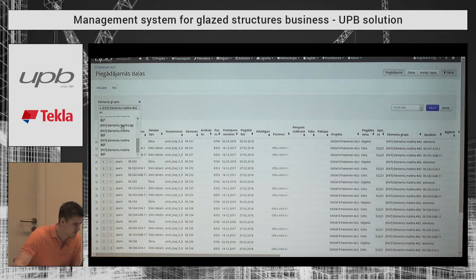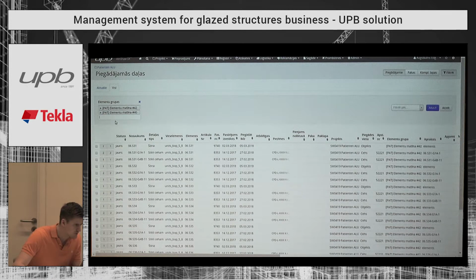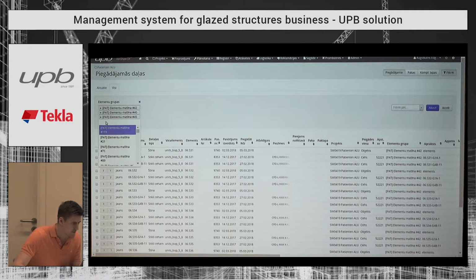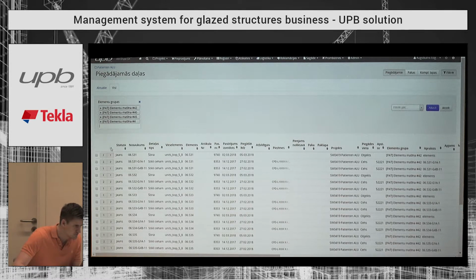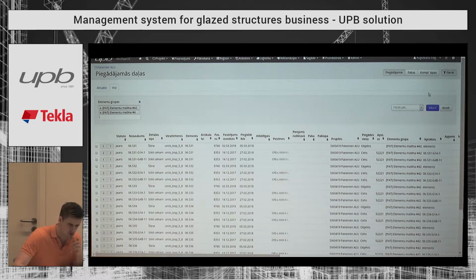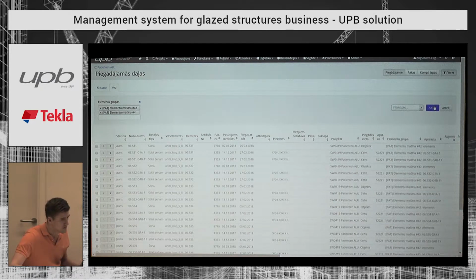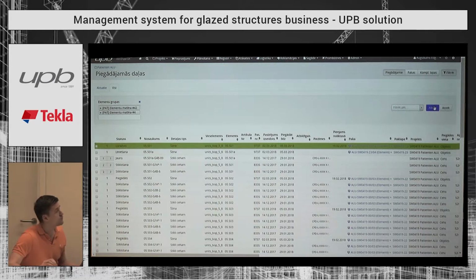What I'm doing right now is that I thought that I could show how all the parts are ordered and gathered up in deliveries to projects. So I'll just leave two. So what we have here is a